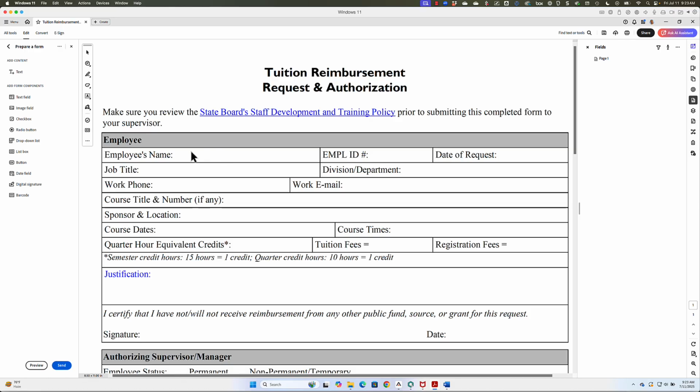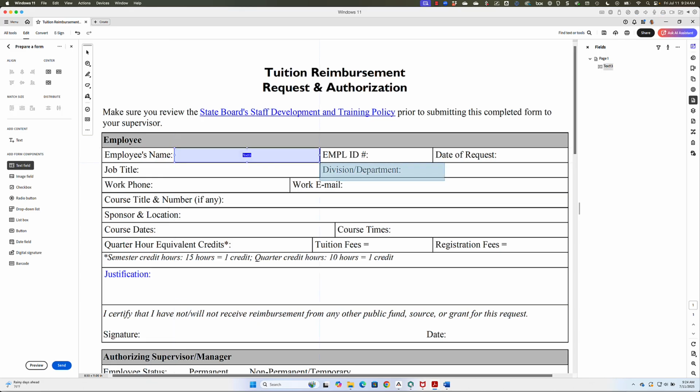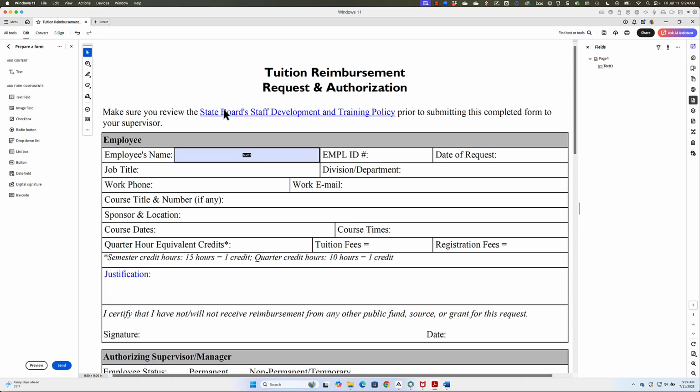Now to get started here, we really have a bunch of text fields. And so what I'm going to do here is I'm going to come over here and grab my text field. And then you can see that the default size of this text field doesn't really match up with the size that's been allotted. So instead of just clicking, I'm going to click and drag to draw a form field within that area. Now I'm going to go ahead and switch to my selection tool, and I'm going to double click